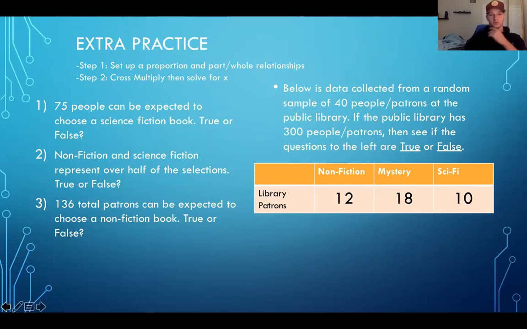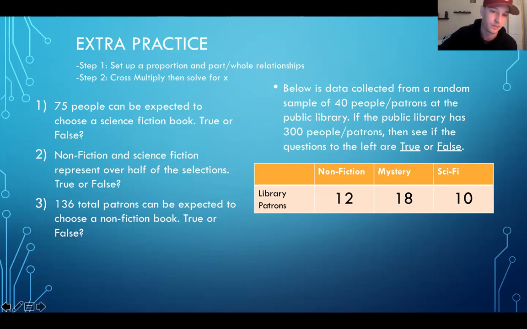Next, we're going to go on to two. Nonfiction and science fiction represent over half the selections, true or false? Well, this one's a bit simpler because all you have to do is find if it's over 50%, and we know 40 people were surveyed, so 20 over 40 would equal half. So if it's over 20, then yes, it's true. So we're going to look at library patrons, nonfiction 12 plus 10, because 10 chose science fiction, so that would equal 22. You put the proportion 22 over 40, or the fraction 22 over 40, you would get over 50%, so